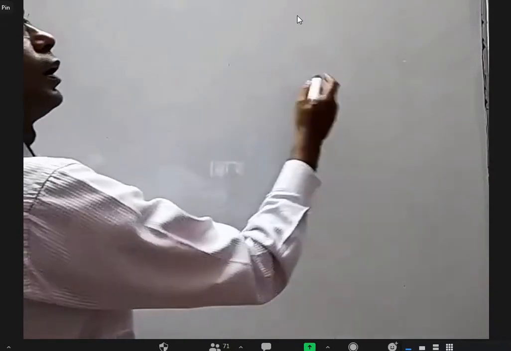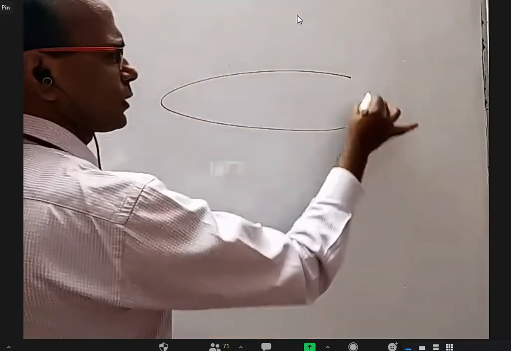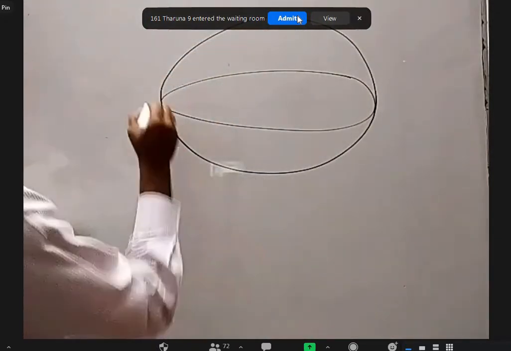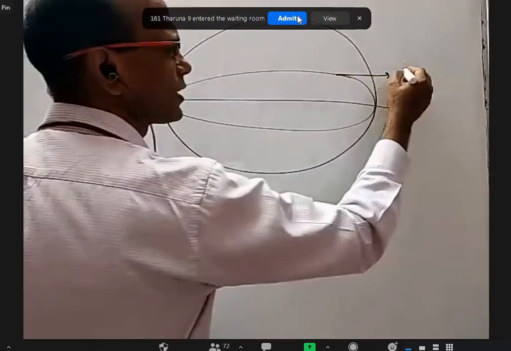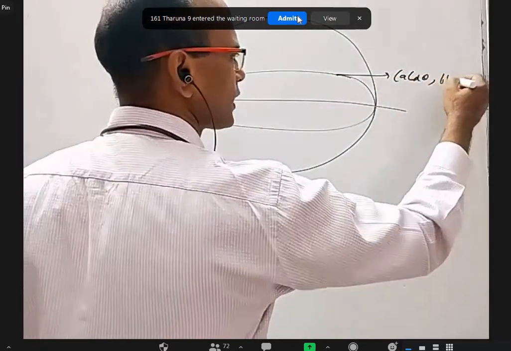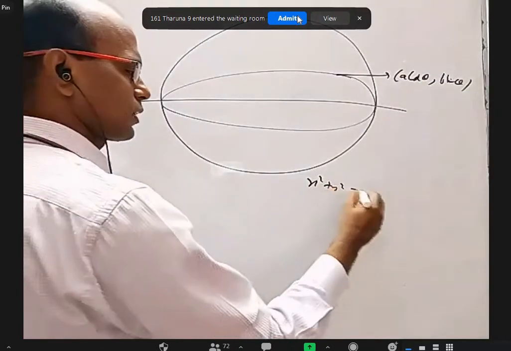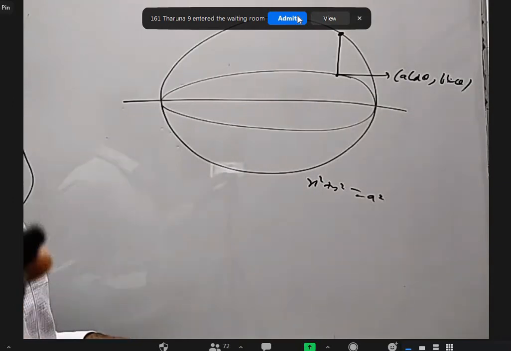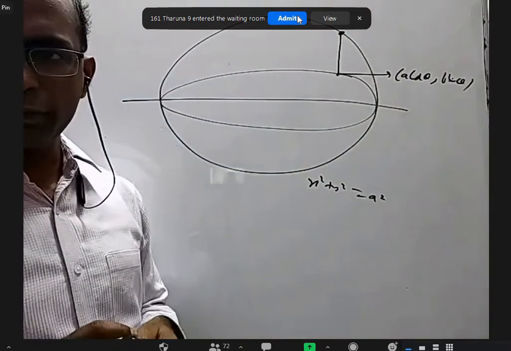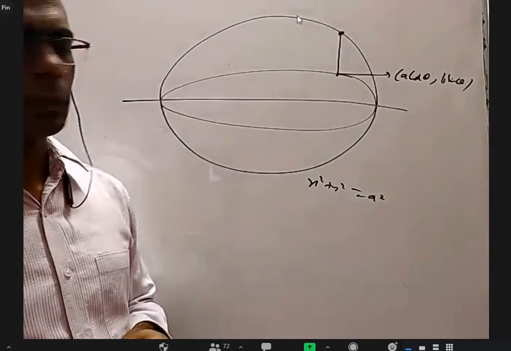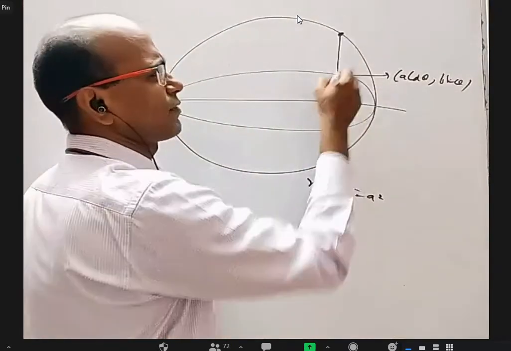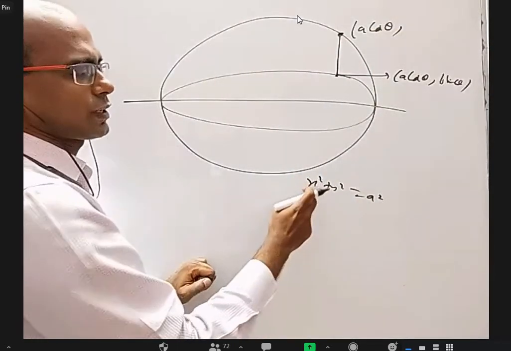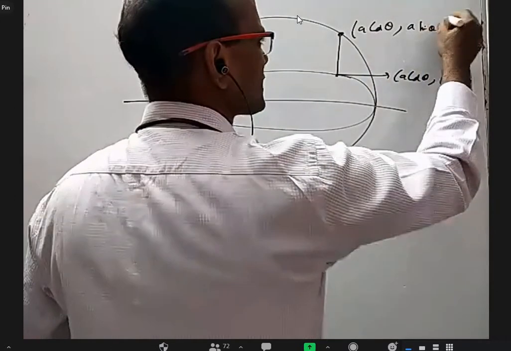Okay, so just a few minutes. We have an ellipse like this. Draw the auxiliary circle. If there is a point here which is a cos theta comma b sin theta, and this circle is x square plus y square equal to a square. If I go vertically up to the auxiliary circle, can anybody tell me what the coordinates of this point will be? A cos theta comma a sin theta. Yeah, this and this are on the same vertical line, the same x coordinate, a cos theta. Because on the circle x square plus y square equals a square, the x coordinate is a cos theta, so the y coordinate will definitely be a sin theta.